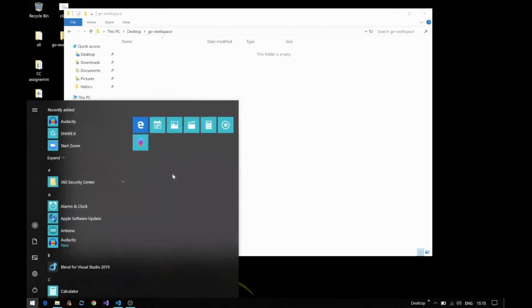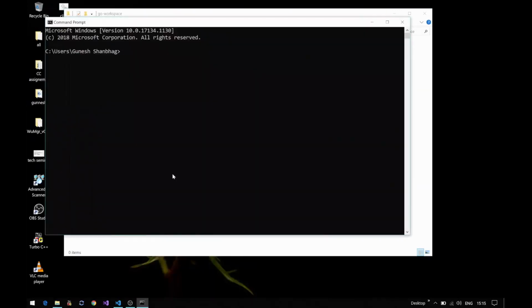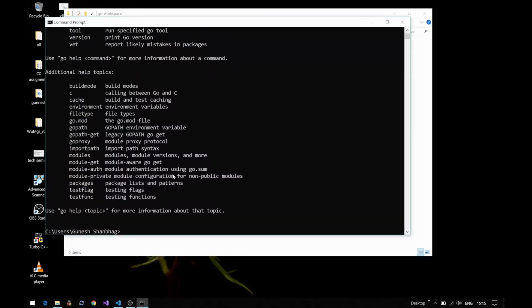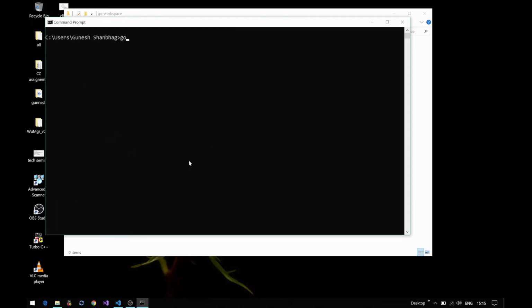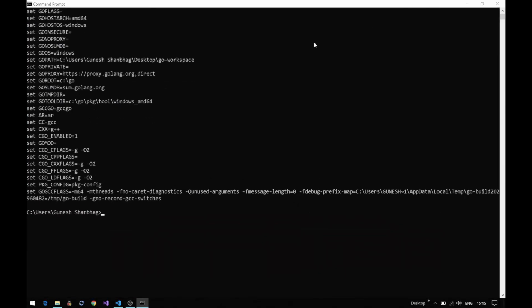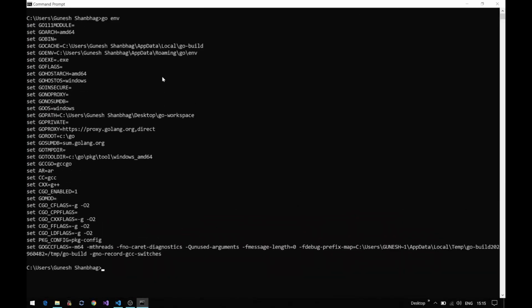We'll open the command prompt. In here if you type Go space env, let me clear it first. Clear doesn't work, so we have to type CLS in Windows, and now type Go space env. So it will show all the environment variables present in the Go language. So right now you can see here we have Go path, which is pointing to the Go workspace on the desktop, and Go root, which is pointing to the Go folder in the C drive.